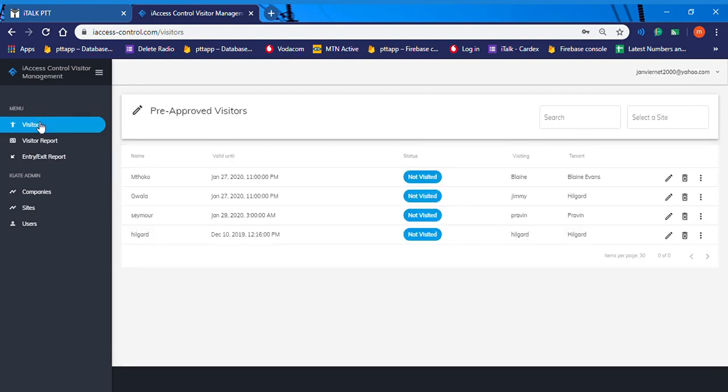These are pre-approved visitors that are set up to allow access via PIN into the site or tenant or business park. So you will notice there's a name, there's a date that it was valid until, and the status of whether they visited or not visited, or whether they've entered or exited. It states who they're visiting as well as the tenant they're visiting, and this can be edited at any time